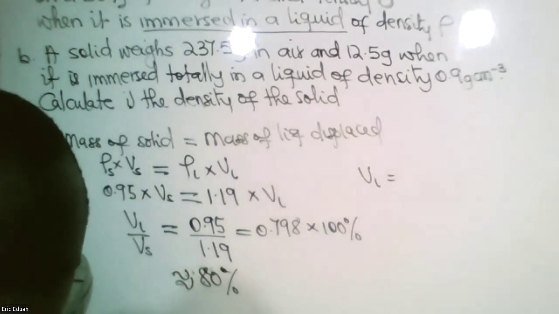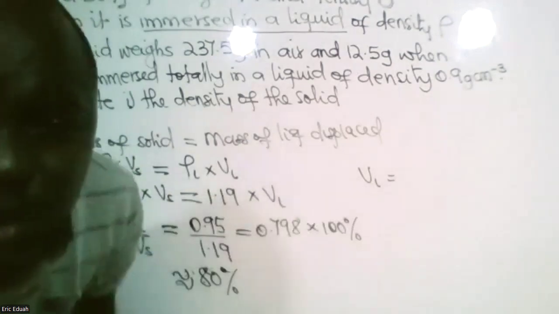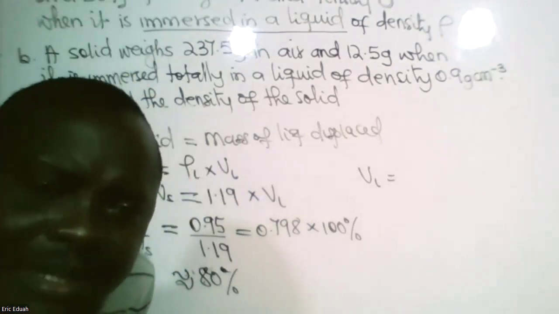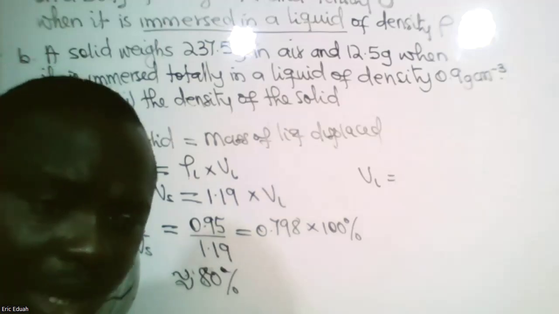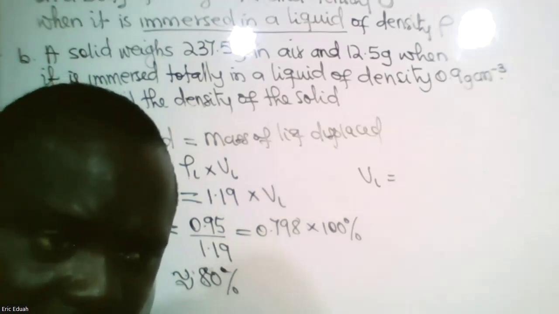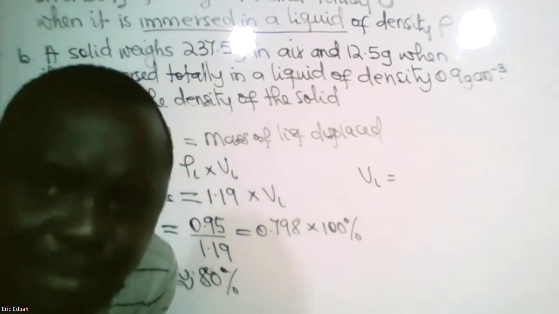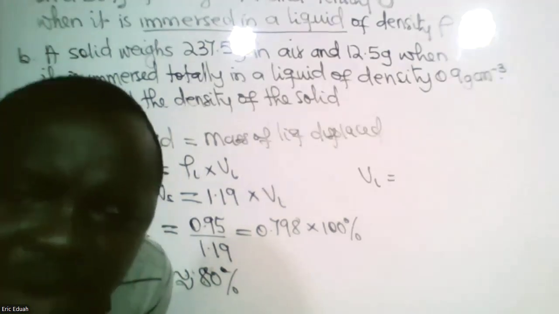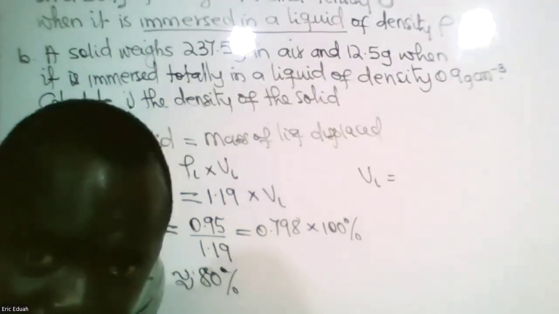The fraction times the volume of the object. So, you see, the volume of the liquid displaced is always equal to the volume of that part of the object in the liquid. Earlier, I told you that when the object is fully submerged, the volume of the liquid displaced is equal to the volume of the object. If it is halfway submerged, the volume of the liquid displaced is equal to half of the volume of the object. Class, are you okay?